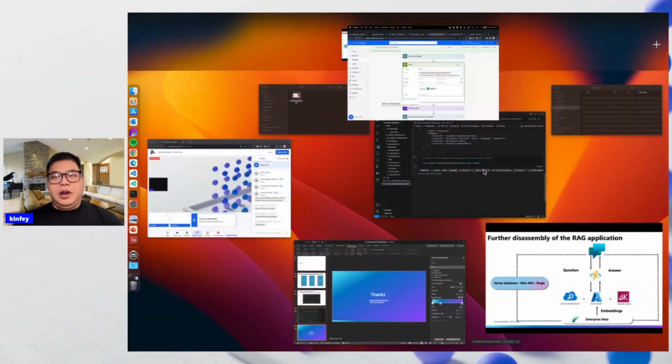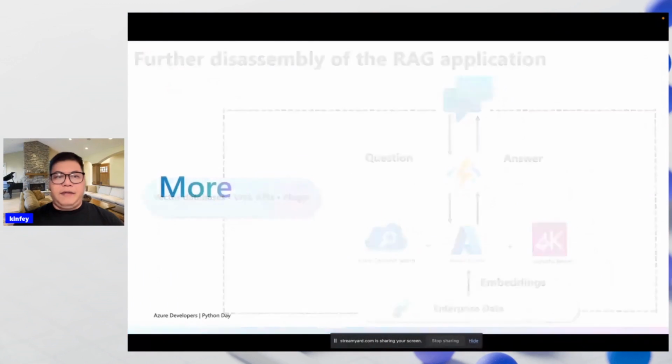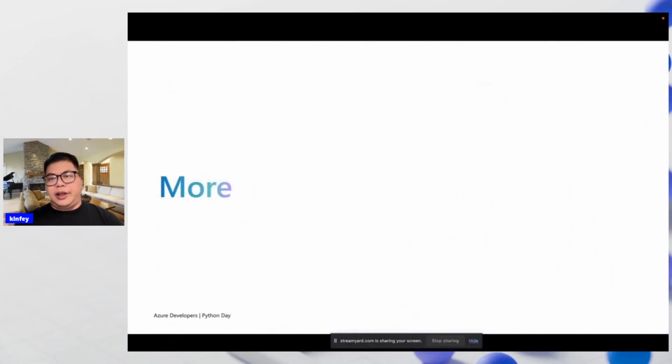Yeah. Some people will say, oh, Kinfei, many people compare Semantic Kernel and LangChain, or Python developers only focus on how to improve their code or their efficiency.